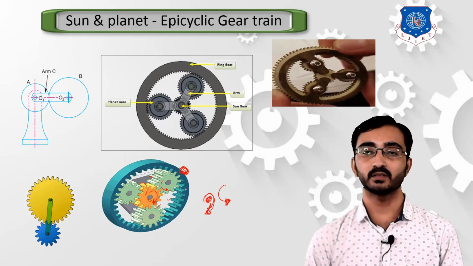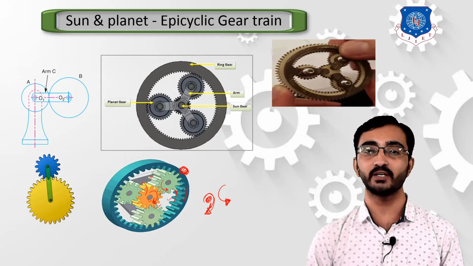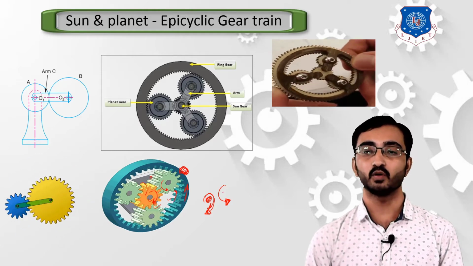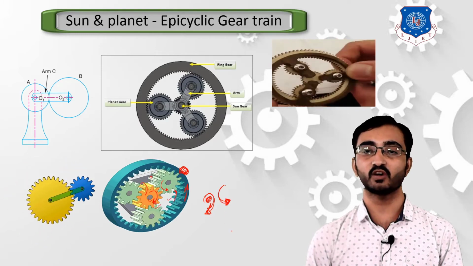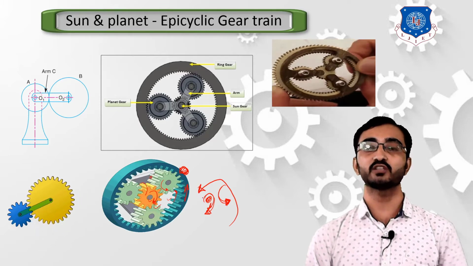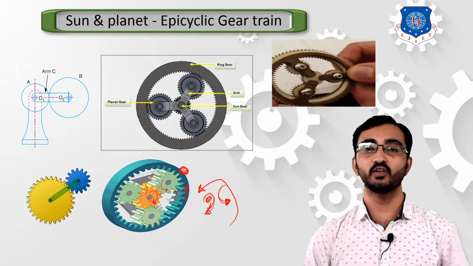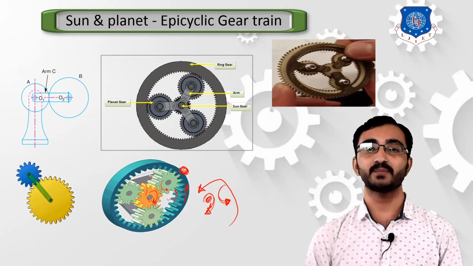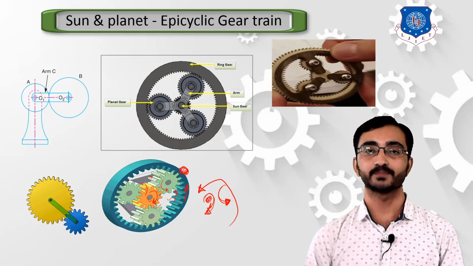But with respect to that, if you consider the annular gear, the direction of motion of the planet gear as well as the annular gear is the same. Over here, the planet gear is moving in the anti-clockwise direction, so the whole annular gear, or ring gear, is also rotating in the anti-clockwise direction. Let's solve one numerical containing a sun and planet gear assembly so that you can understand this fundamental more clearly.